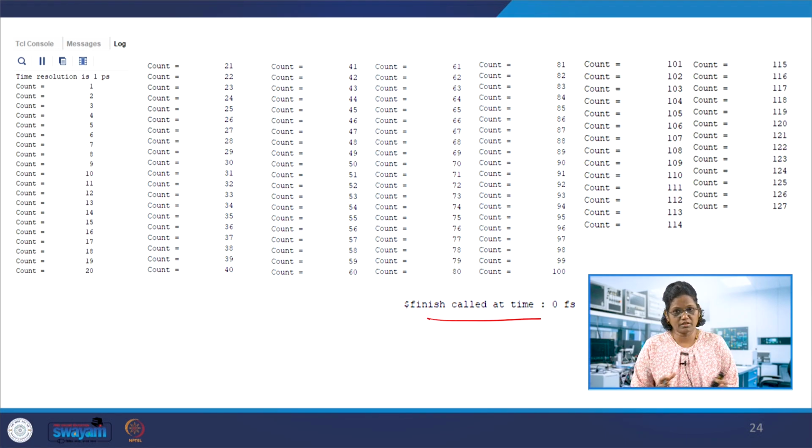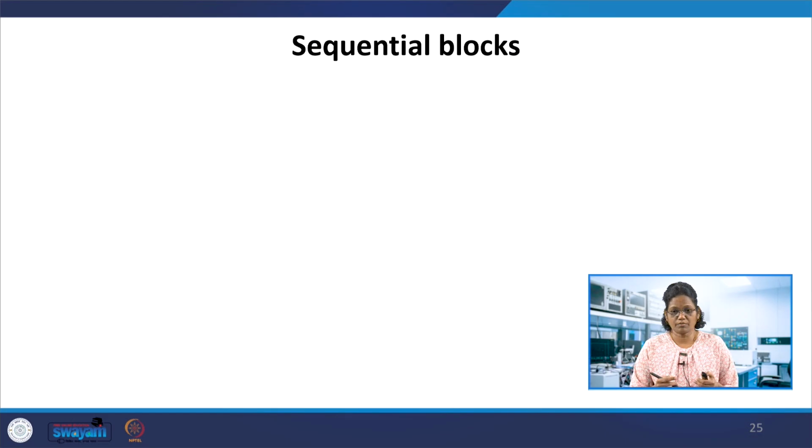There will be digital synchronous sequential circuits anyway. We will be designing the counters, how we can design a counter, how we can see counters as a state machine, and all those things will be dealt with in the coming lectures. Now coming to the sequential blocks in sequential circuits.